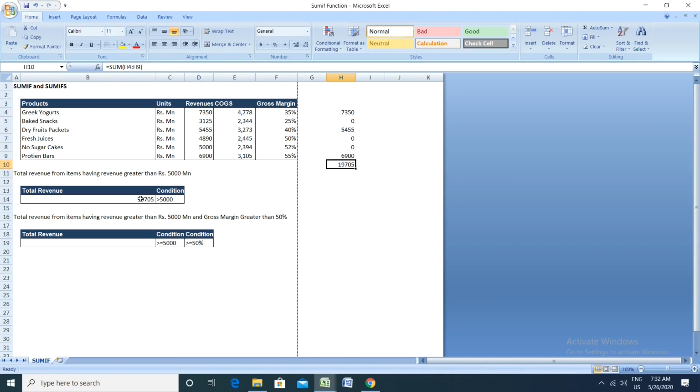About the SUMIFS function now. SUMIFS basically allows us to have multiple criteria instead of just one criteria in SUMIF. So the next problem statement asks us to find total revenue from items having revenue greater than 5,000 million and gross margin greater than 50%. So here instead of one condition, we have two conditions. We'll use the SUMIFS